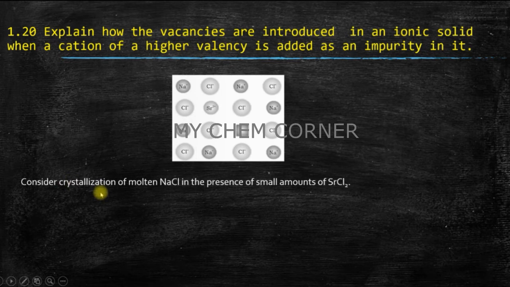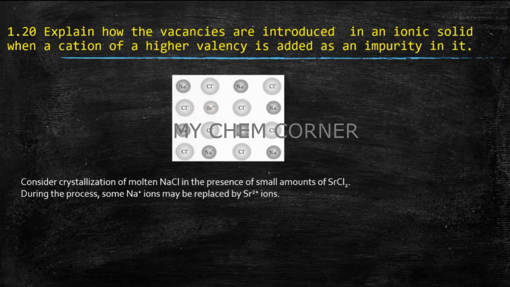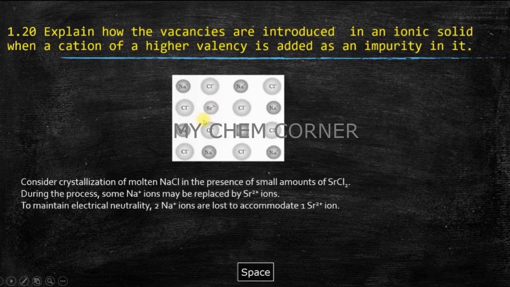So here what we're going to do is consider crystallization of molten NaCl with small quantities of strontium chloride. Now remember, Na is with a +1 charge, strontium is with a +2 charge. So during the process, what will happen? Some of the Na atoms are going to be replaced with a strontium atom. To replace one strontium atom, you need to remove two sodium atoms because the oxidation number of sodium is +1, whereas strontium is +2. So two sodium atoms need to come out to accommodate one strontium atom. In order to maintain neutrality, that entire process needs to happen, where two sodium atoms are lost to accommodate one